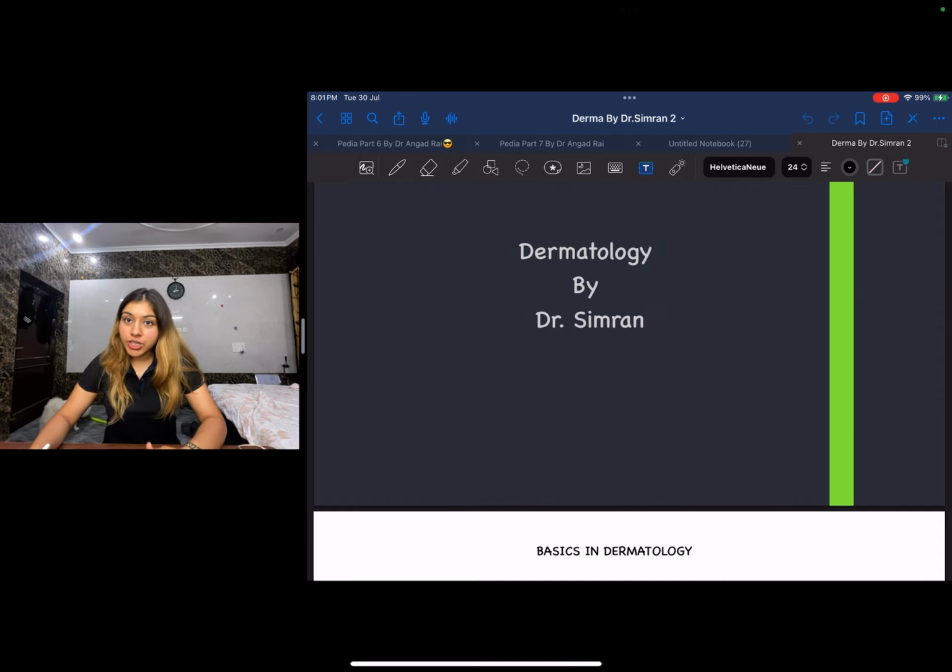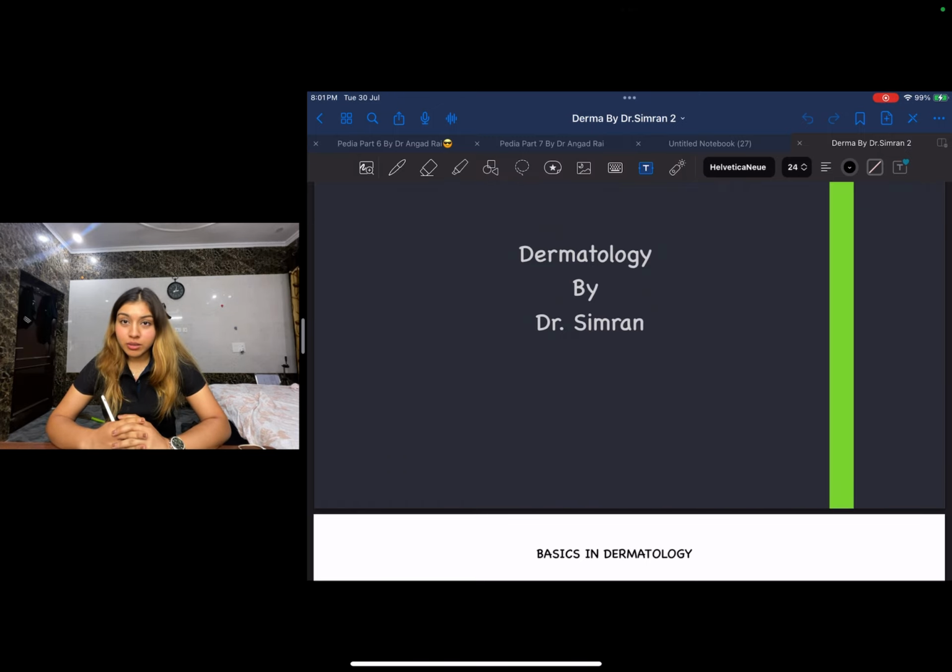This is our agenda at Job Studies Met Fun, to focus on the main points that are required for FMG, not to teach you anything unnecessary, and help you understand each and everything. Here in dermatology, I have tried simplifying as much as I can. We're not going to ratta or mug up anything. We're going to understand the meaning of every word, so that we don't have to sit and mug it up. That is the main issue with dermatology, because of the really fancy names. So let us start with our dermatology, guys.